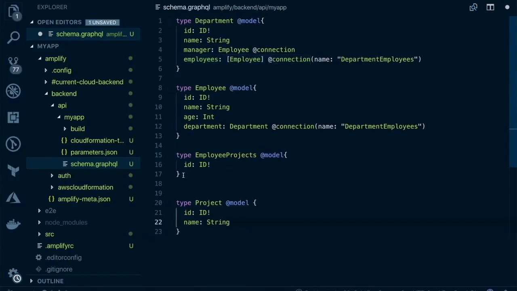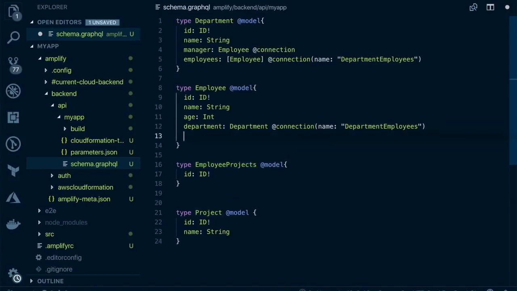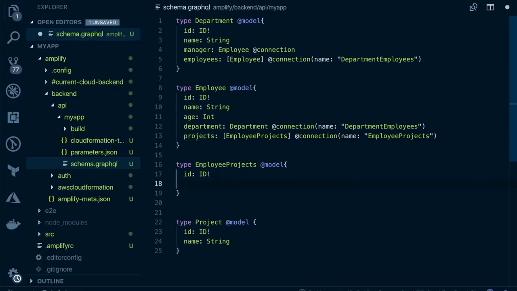So what are we going to do? We are going to create this particular table, employee projects table, and create two one-to-many relationships: employee table to employee projects table, and another one-to-many relationship from project table to employee projects table. So let's create that, shall we? So employee has multiple projects, and that is the type of employee project, not employee type, but employee project, and it has a connection, and we'll call that connection employee projects. Remember, you can name this anything. And once you create one record here, you have to have a reference record here as well. So let's call it